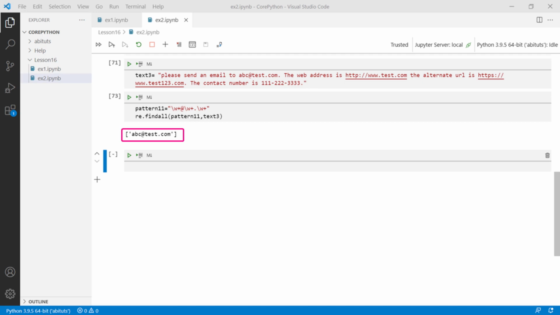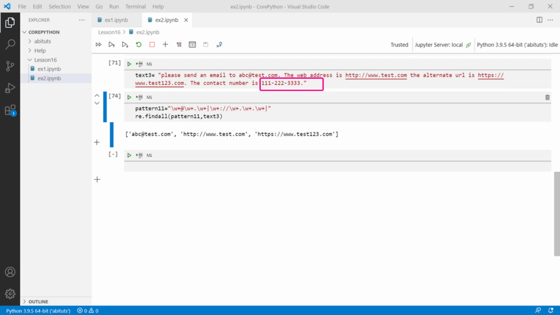But if we need to extract the URLs as well, then we will have to add the pipe special character as displayed here, which will act as the OR operator, followed by the characters that can be used to extract the URL. When run, the pattern will give you the email address along with the list of URLs.